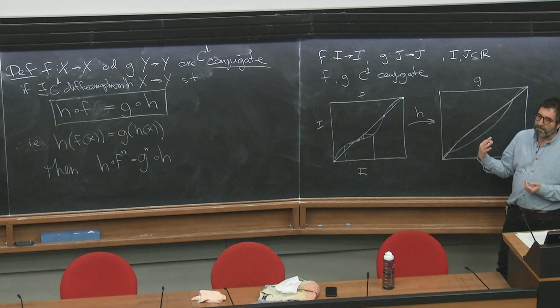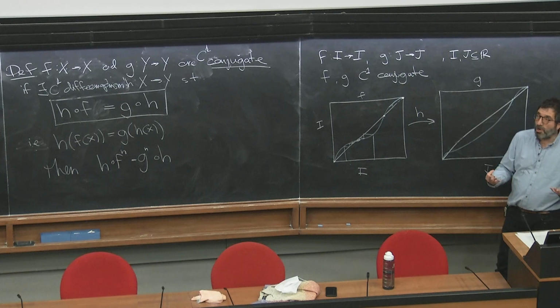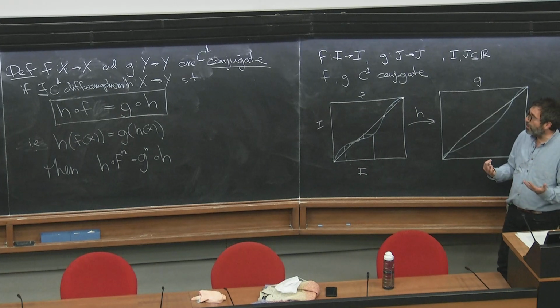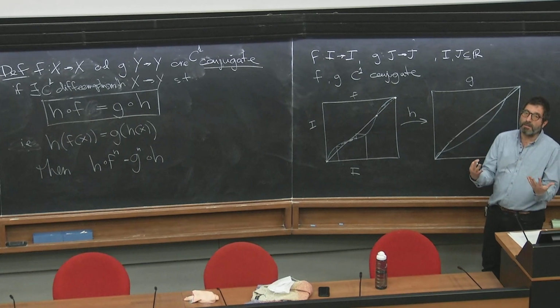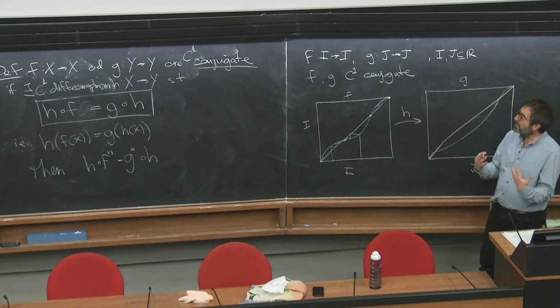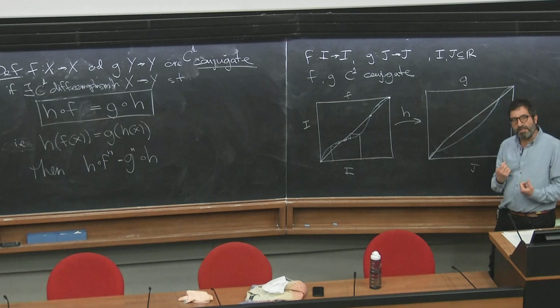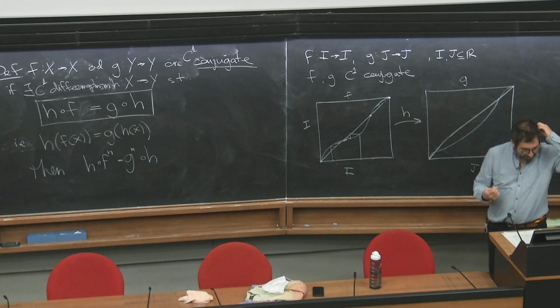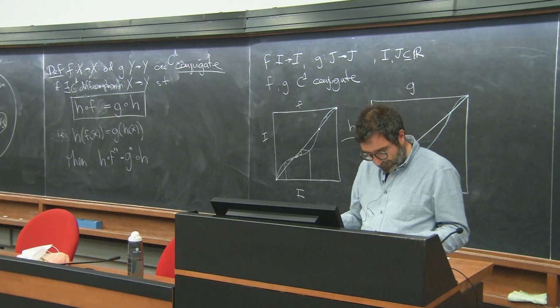Because after all, if the C1 conjugacy is going to be any stronger than the topological conjugacy, it somehow has to do with the fact that it's being C1, right? So maybe it's telling us some relation between the derivatives of F and the derivative of G, right? And in fact, what it does